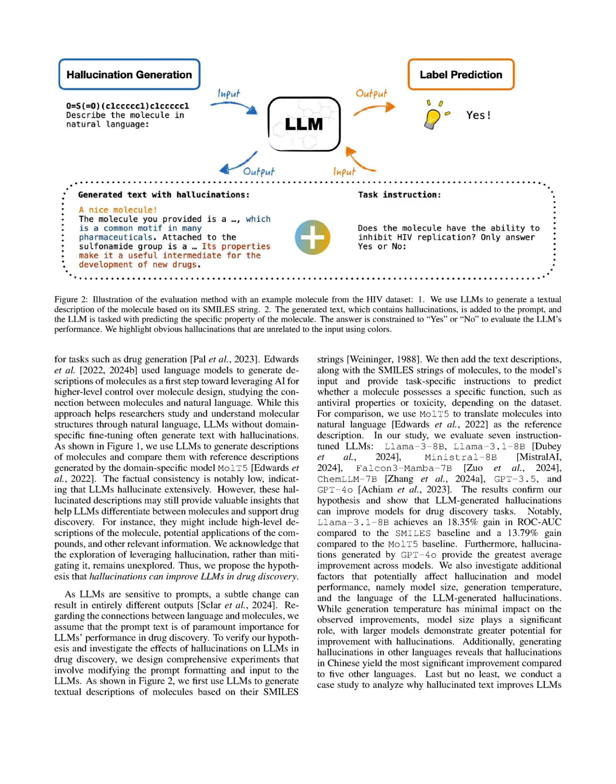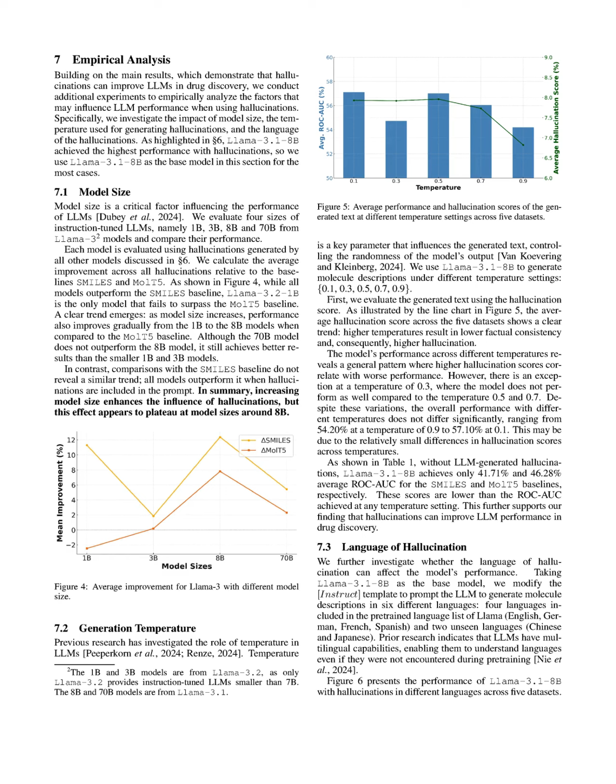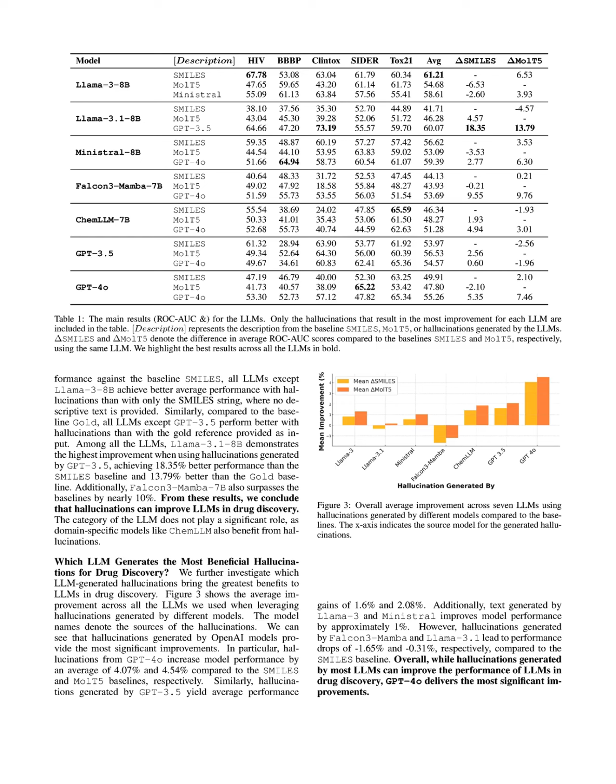In the experimental design, the researchers evaluate 7 instruction-tuned LLMs, comparing their performance with and without hallucinations. The key decision here is to assess how the inclusion of hallucinated text impacts the model's ability to predict specific properties of molecules, such as antiviral properties or toxicity. The results indicate that hallucinations can improve model performance, with LLaMA 3.1 8B showing significant gains when using hallucinations generated by